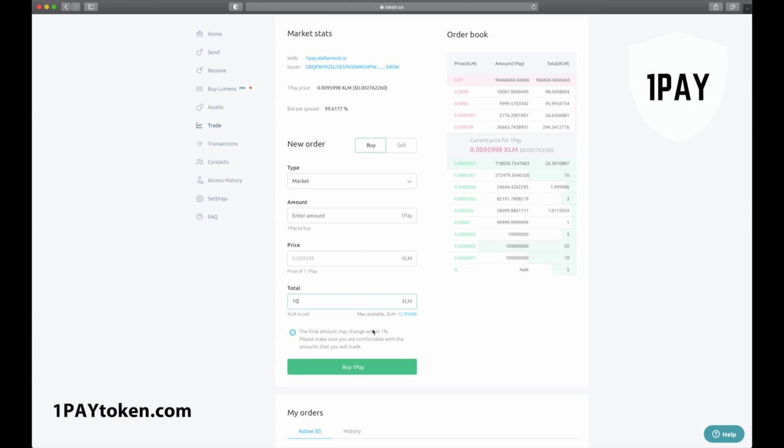Next, we enter an amount under the Total field. This lets us enter how many XLM we'd like to trade for OnePay, which will automatically populate the amount of OnePay we are purchasing under the Amount field. We're going to enter 10 XLM in the Total field, which populated the Amount field with about 1,041 OnePays and some change at the current market price of